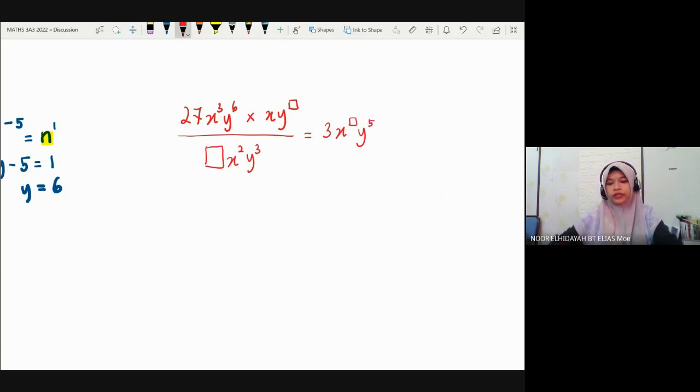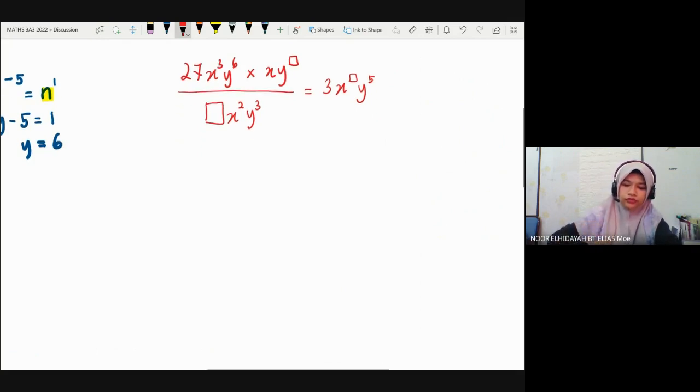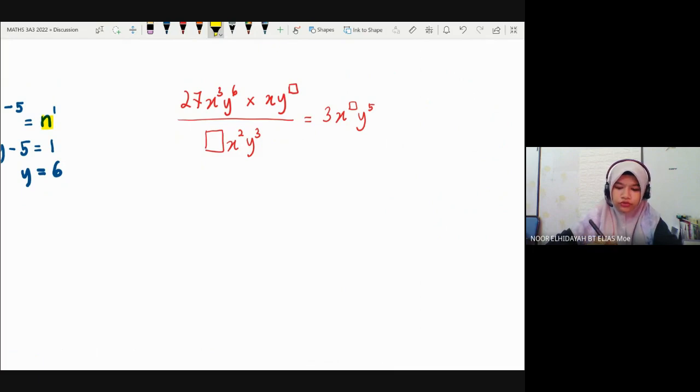Now we solve for the coefficient first. So just take the coefficients. Here you have 27. Actually, this one, the xy squared is actually 1. Actually 1 here. The coefficient is 1. And then here you have blank. And this one 3. So you solve for the coefficient first. All right, so 27